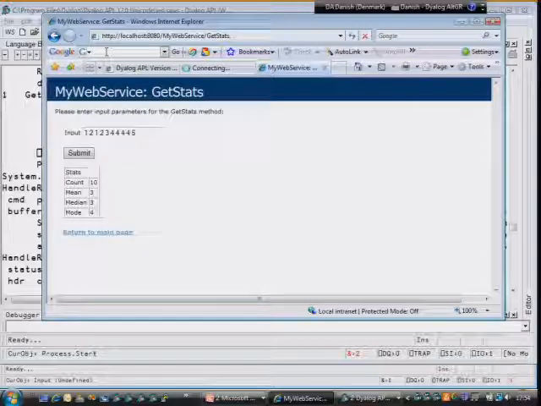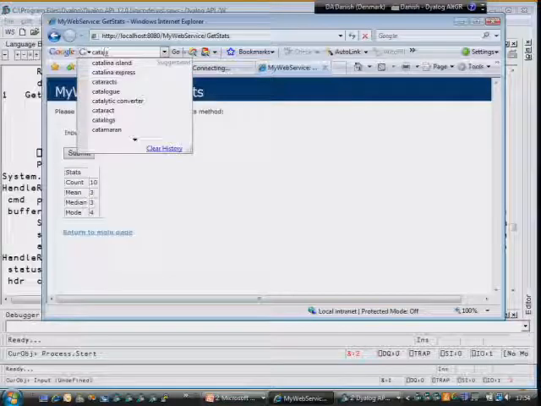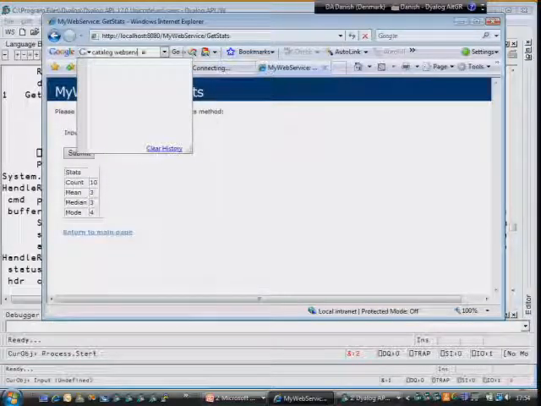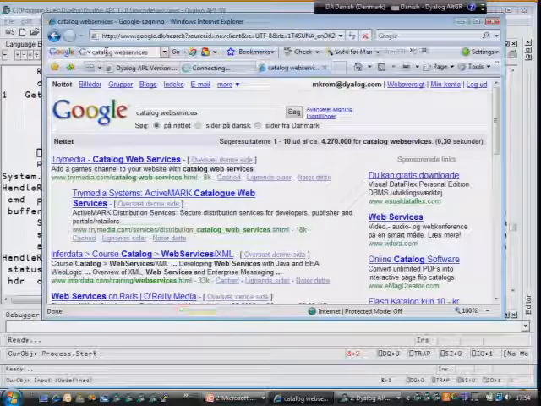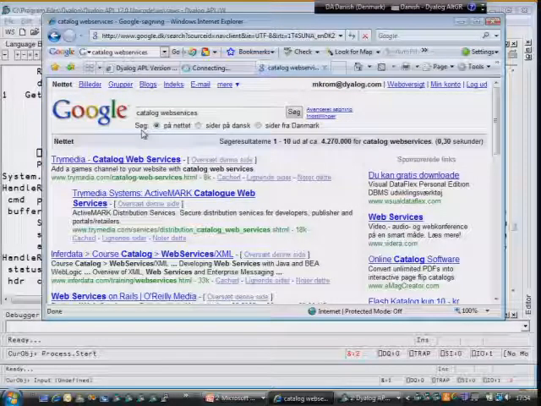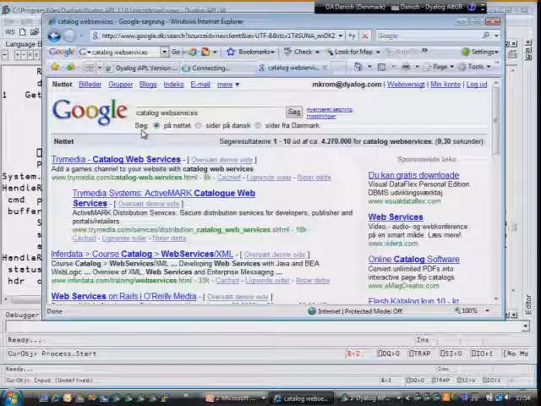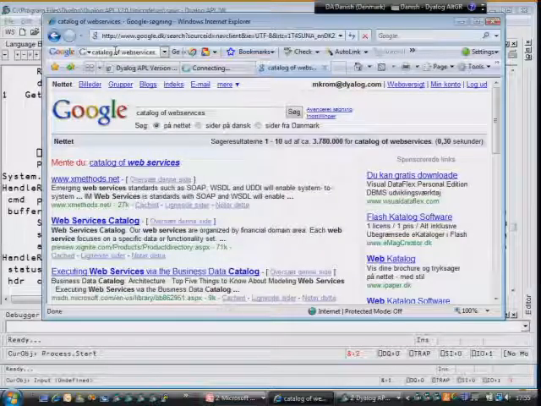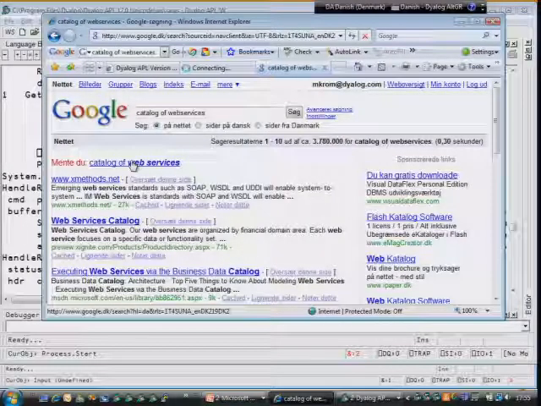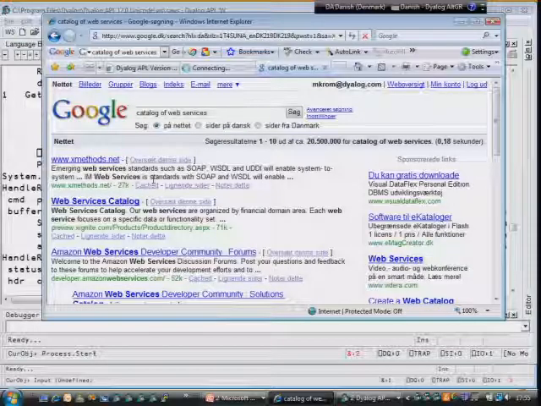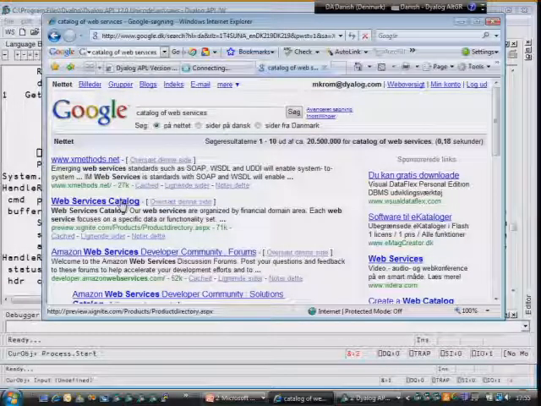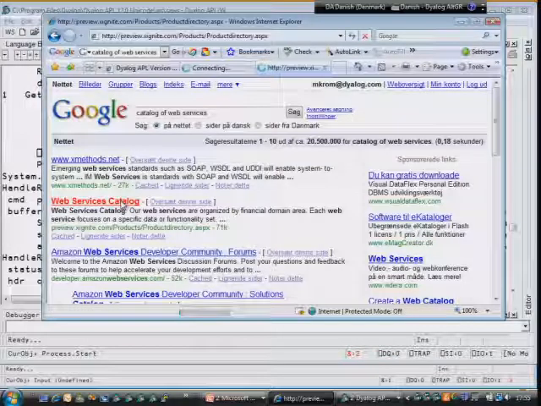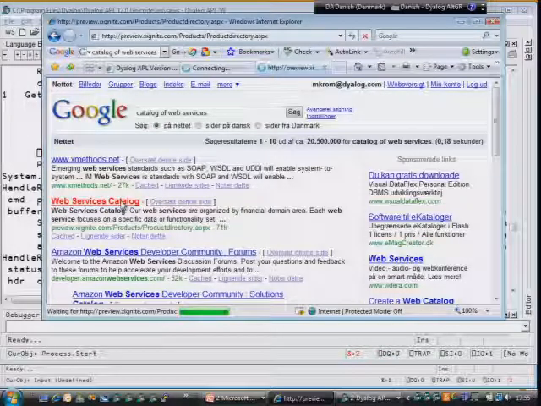I don't know if there's a catalog. Here we go, catalog web services. No, that's not quite it. Catalog. I don't know the answer to that. Did you mean catalog of web services? Here we go. Web services catalog. Organized by financial domain area. Okay, well that's a company that's, I guess,